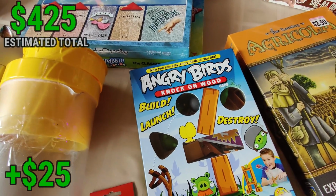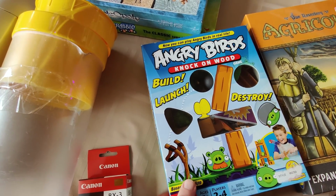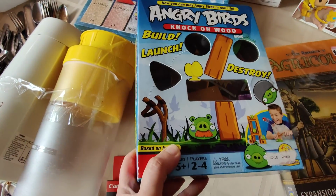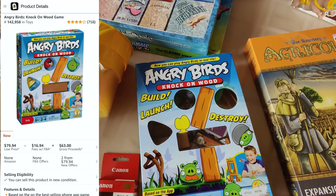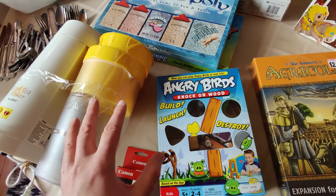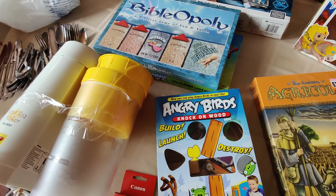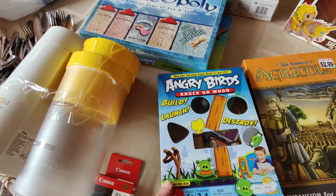At the thrift store for 50 cents, this game is an Amazon Bolo. I assume it sells okay on eBay, but for whatever reason, it sells for about $60, sometimes $70 pre-owned on Amazon. I've sold these before. I get those prices for them. All my prices are estimates of what I can get. Sometimes they're off, but I believe they're pretty accurate, and I know for sure I can sell it for $60